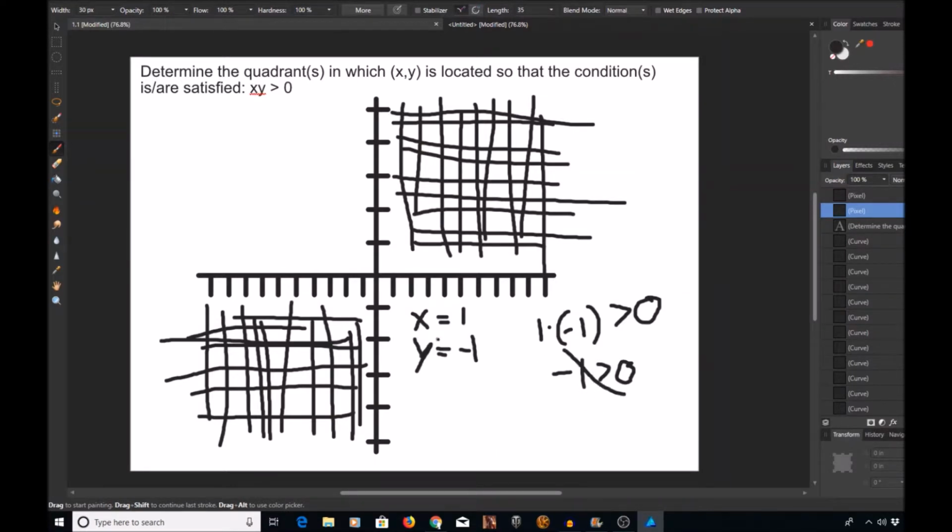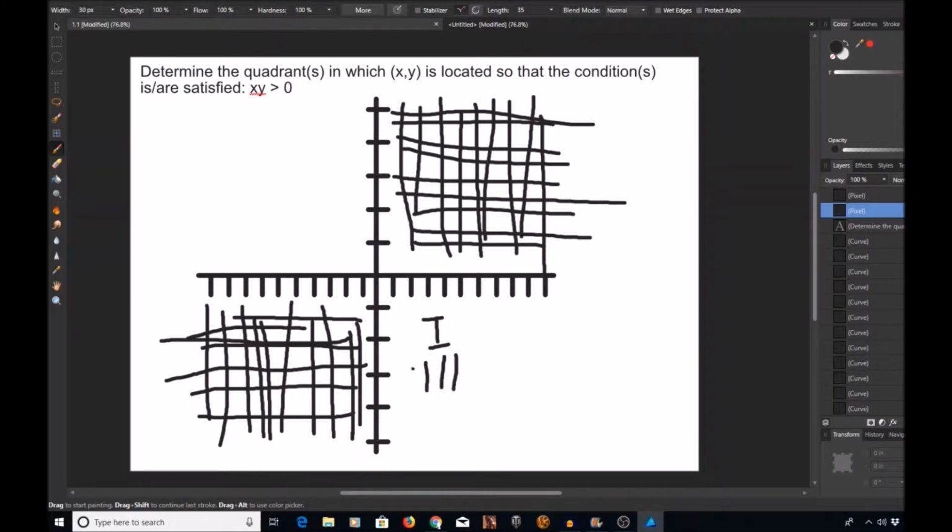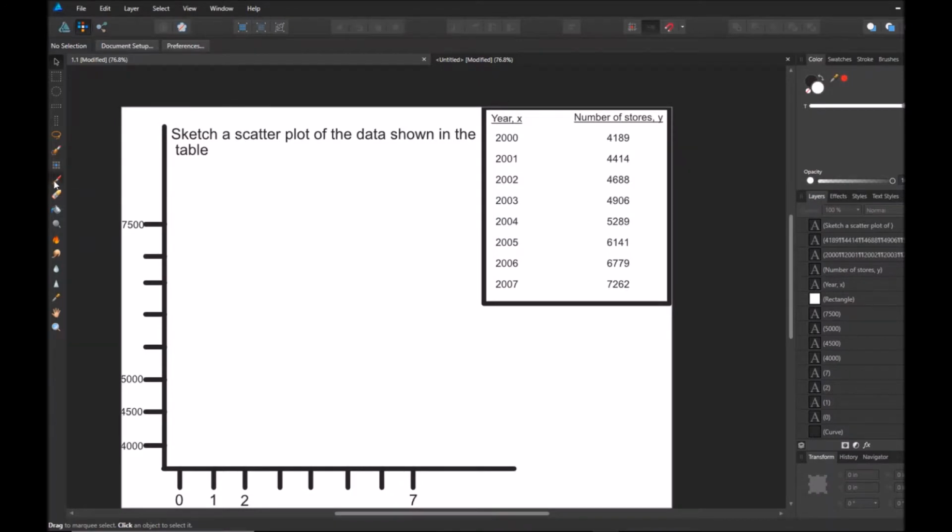So quadrant 4 does not satisfy the given condition, which means that only quadrant 1 and quadrant 3 satisfy the given condition. So in this next problem, we are asked to sketch a scatter plot of the data